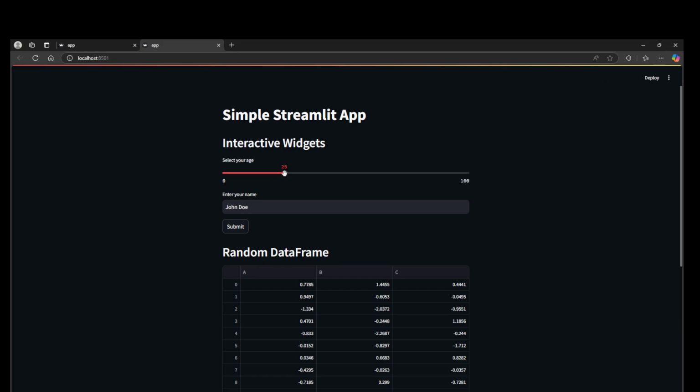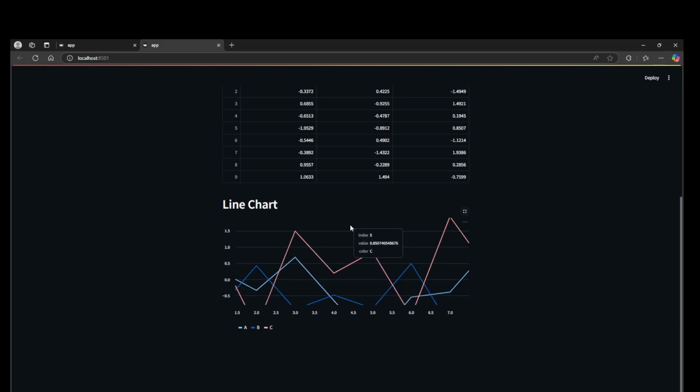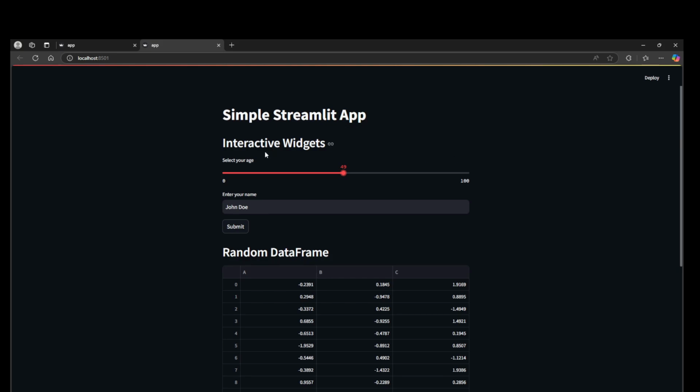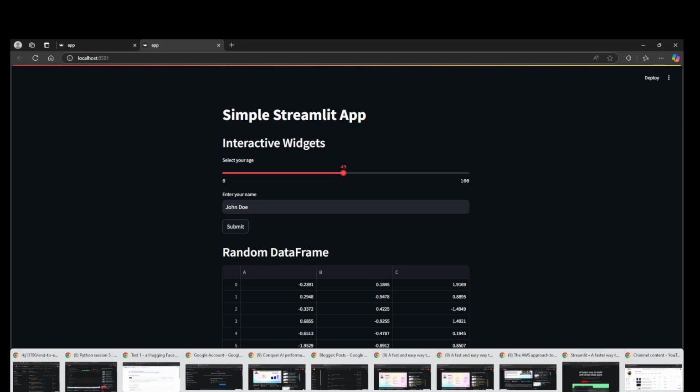We tested this application, it's running, and we are able to see this line chart and all that. But how to deploy this? This is running in local, right? We would like to deploy it in a server. So how to deploy that? So we will see how to deploy in our